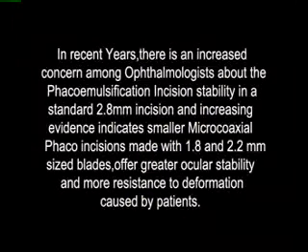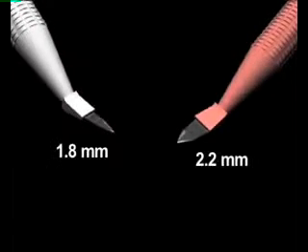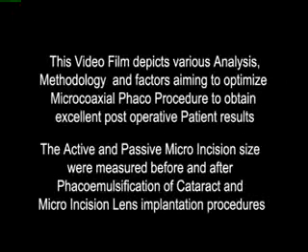In recent years, there's an increased concern among ophthalmologists about the phacoemulsification incision stability in a standard 2.8 mm incision, and increasing evidence indicates smaller microcoaxial phaco incisions made with 1.8 and 2.2 mm size blades offer greater ocular stability and more resistance to deformation caused by patients. This video film depicts various analysis, methodology, and factors aiming to optimize this microcoaxial phaco procedure to obtain excellent post-operative